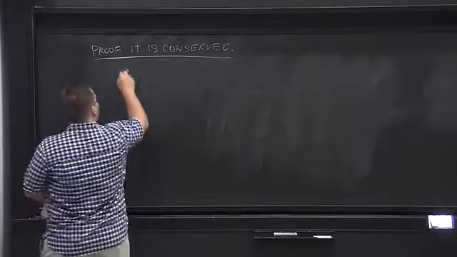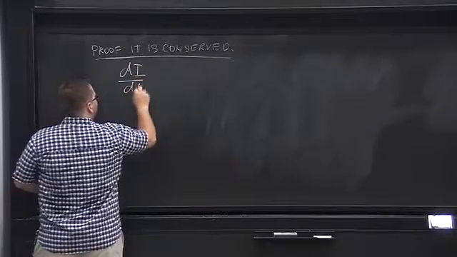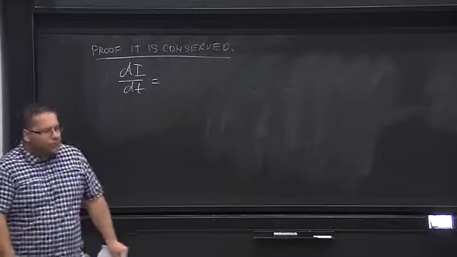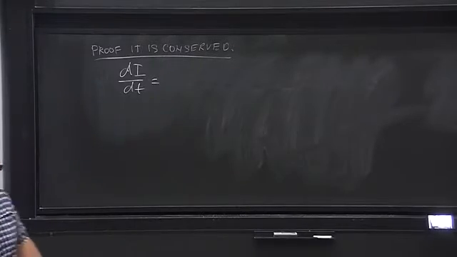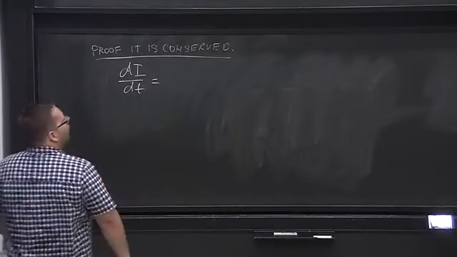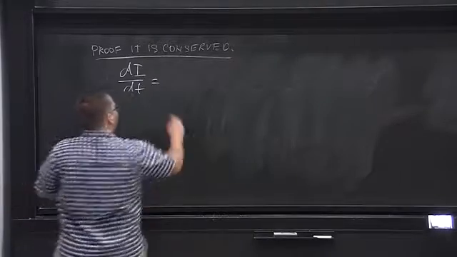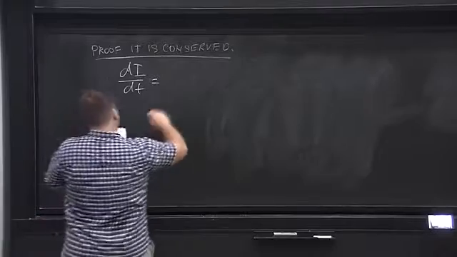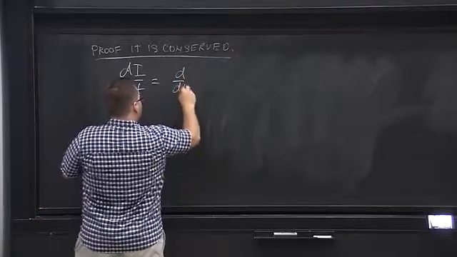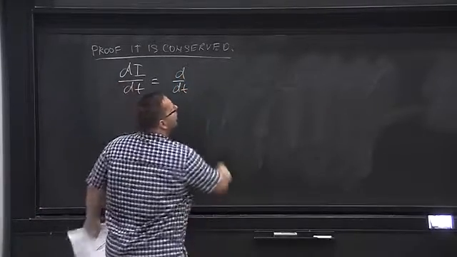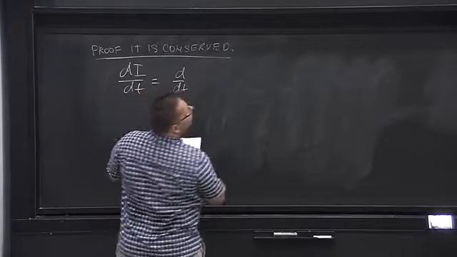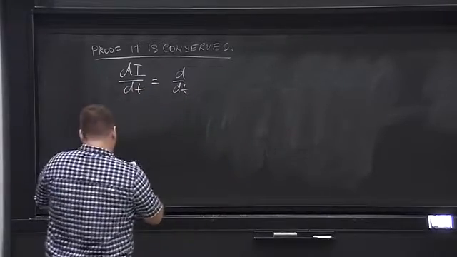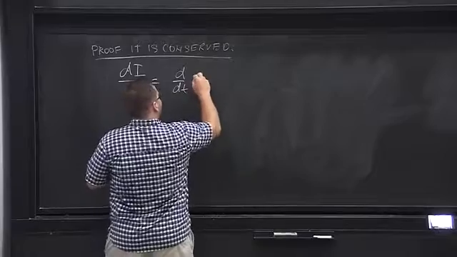You want to calculate dI over dt, and you want to show that this is equal to 0 on shell, provided the equations of motion are satisfied. So we just have to differentiate this thing here. So it's d over dt of